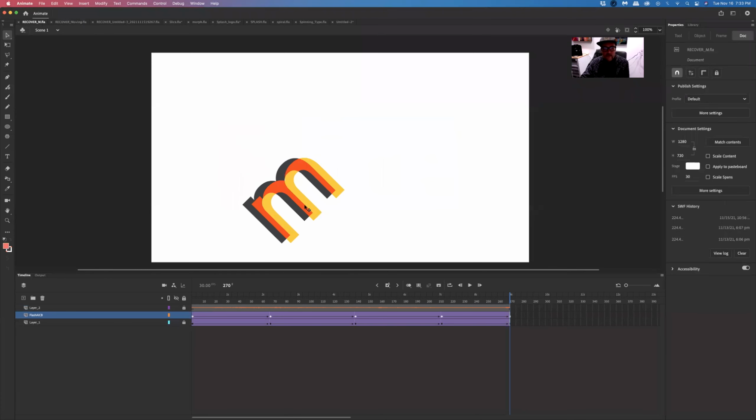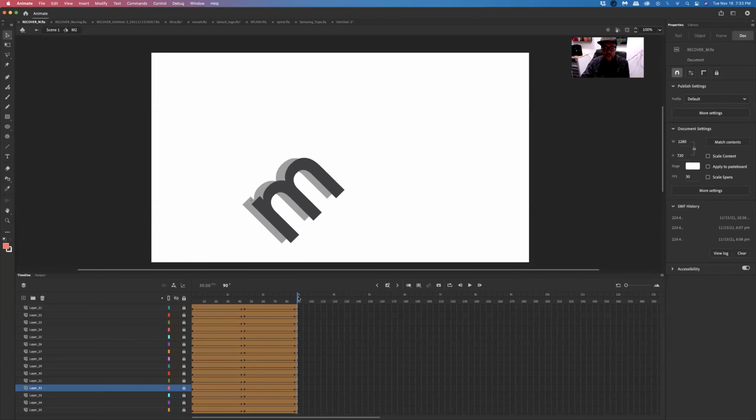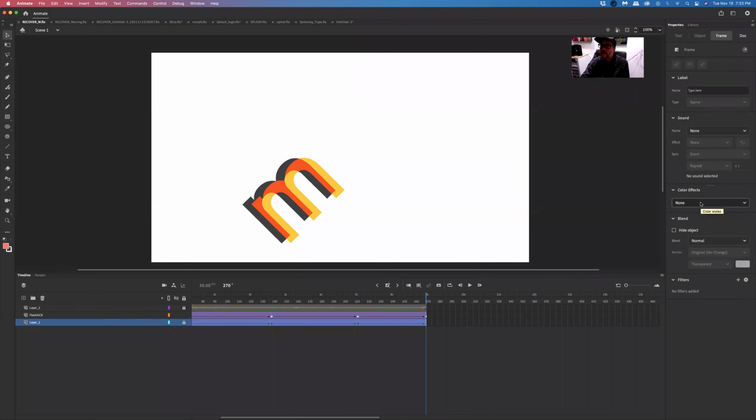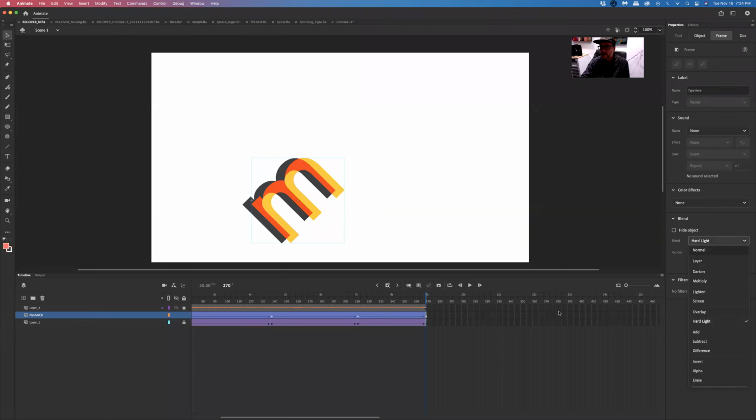I also had this one, which is really similar to the one I just showed you. It's got a series of lines which break apart. I don't remember if I showed you this one last week, but basically it's one symbol. I'm overlapping it, and on this layer, I'm blending them. I'm changing the blending mode for the layer to hard light. So if it was on normal,